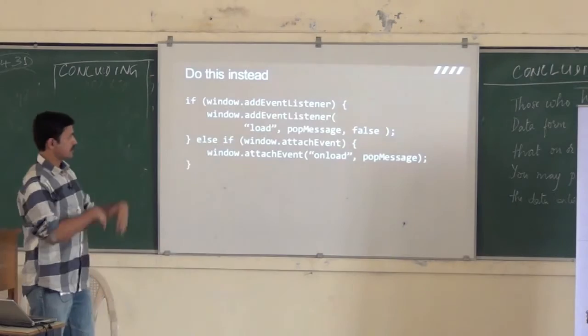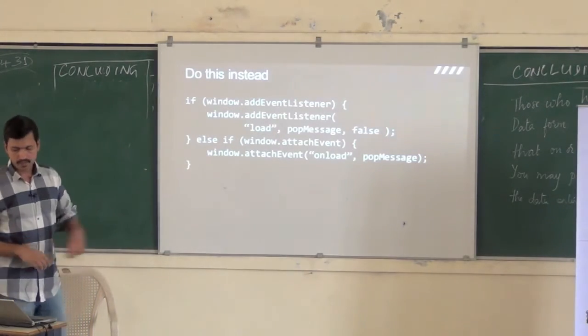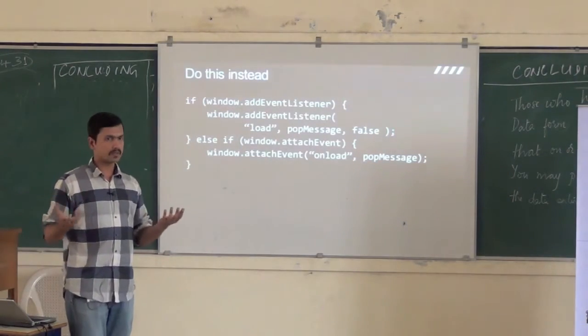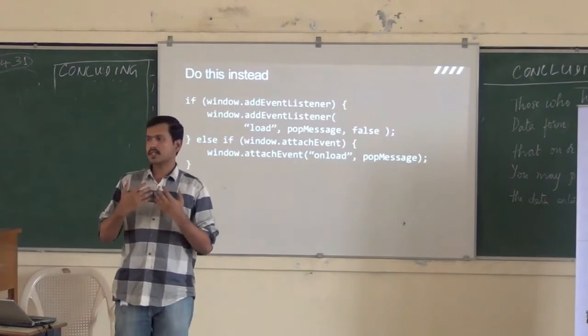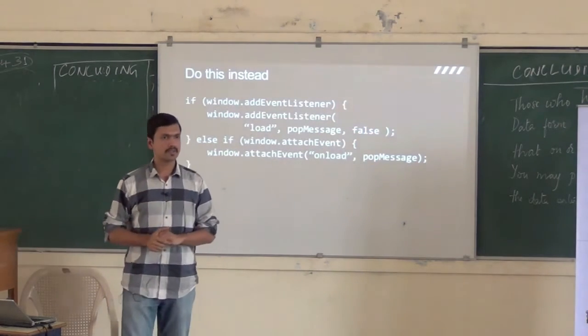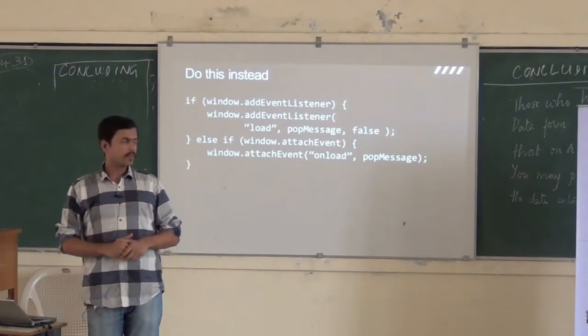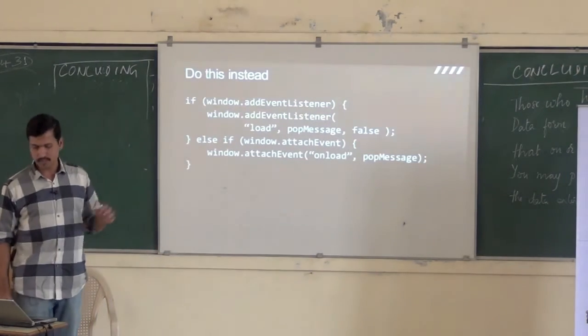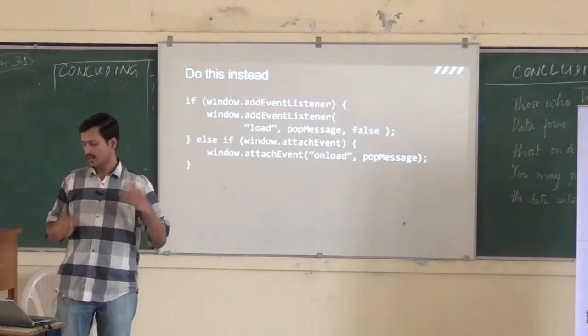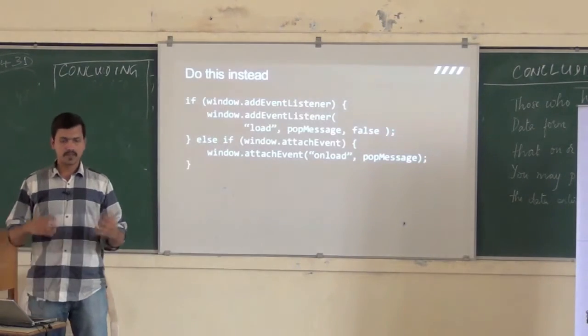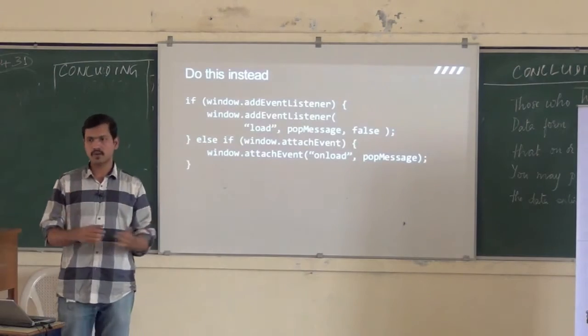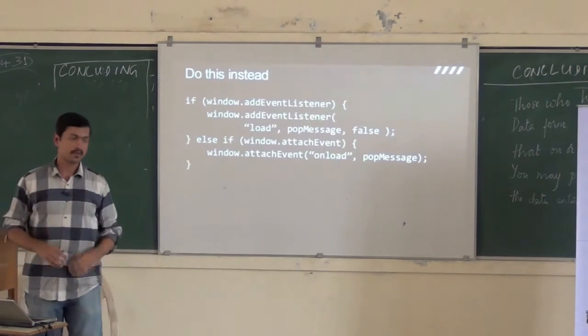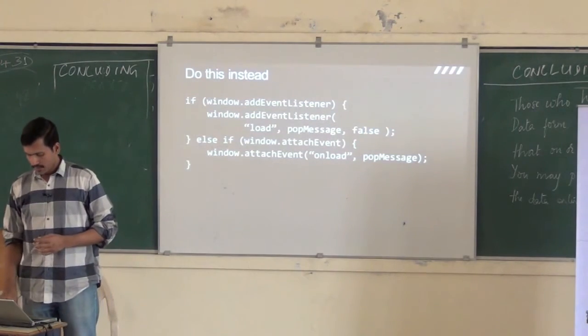Otherwise, I check if attach event is there and I do that, right? So the benefit here is I really don't care what the browser is. All I'm looking for is whether the feature I'm looking for is available in that browser or not. And if it is there, then I use it. So this might not seem like a major deal, but this is called feature detection. And here, when browsers get better and better, your code just automatically goes in the correct path or the preferred path.